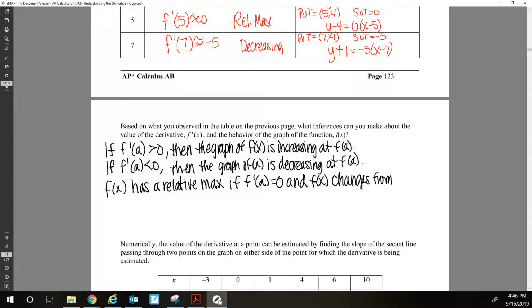The derivative, so f prime of x, changes from positive to negative, or the graph goes from increasing to decreasing on either side. And we can say f of x has a relative minimum